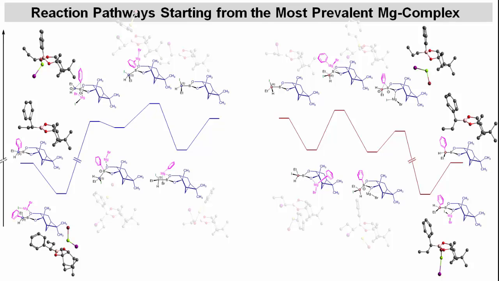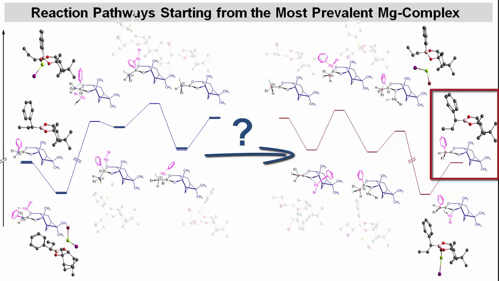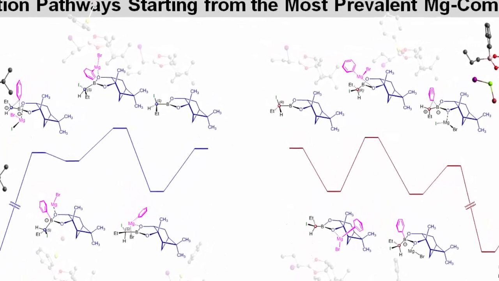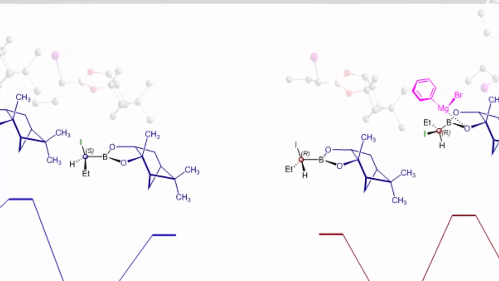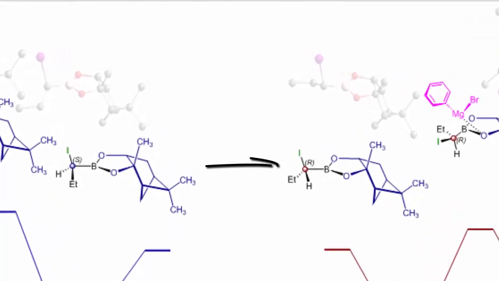However, these reactions do deliver products in more than 50% yield. Therefore, some connection between the left and the right pathway must exist that allows the formation of the red epimedicine product from one of the species on the blue pathway. And here we must give credit to one of the reviewers who kept pushing our nose on this topic. Initially, we took it for granted that this epimerization takes place at the stage of the alpha-iodoboronic ester, since we saw how fast this reaction occurred in the NMR tube.